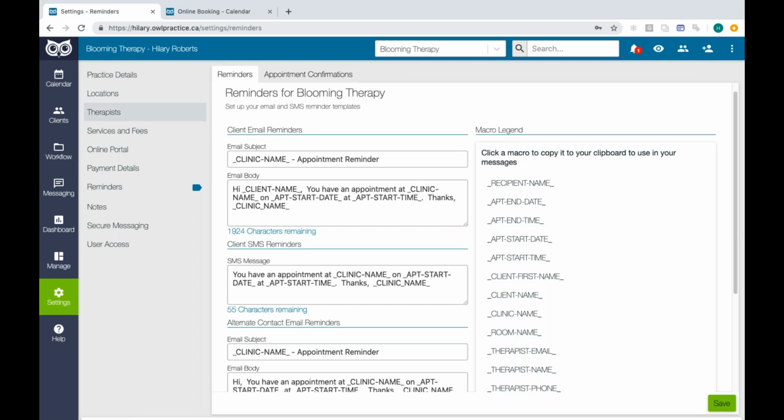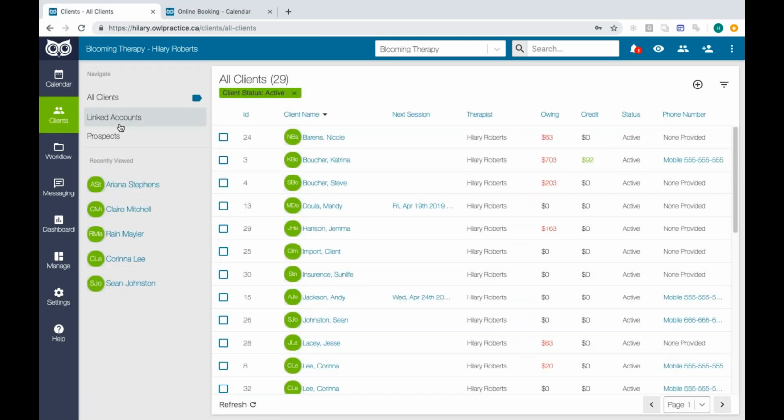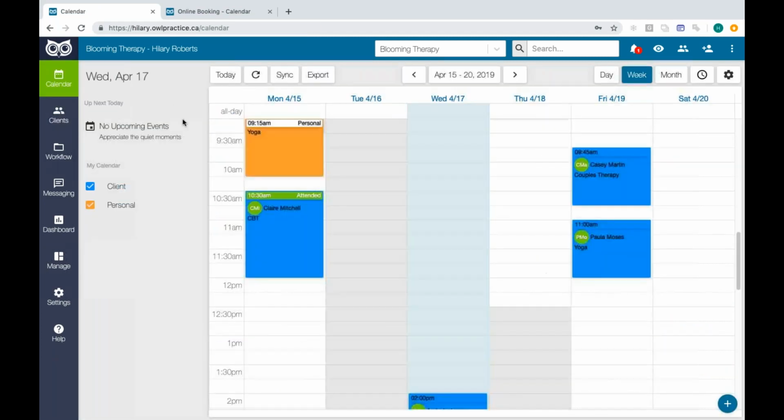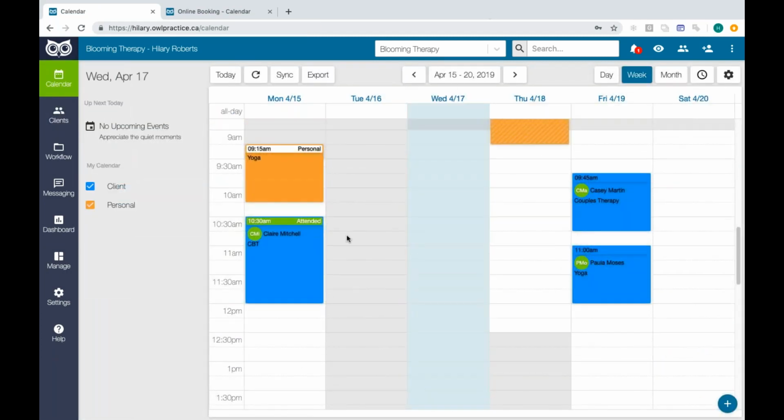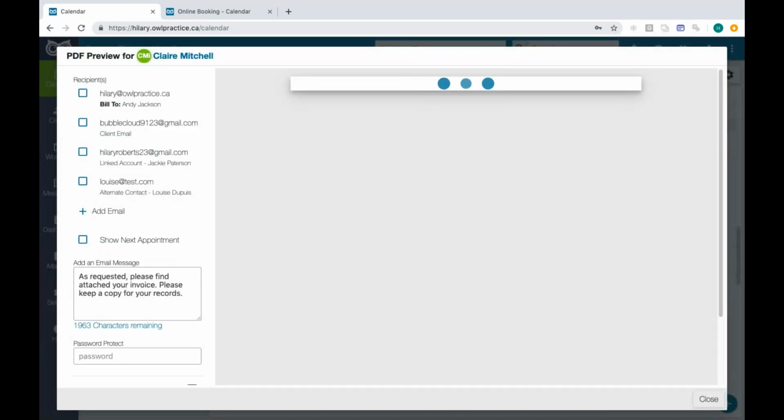So somebody else has asked a question about invoices and receipts and how these will look. For each client, the invoice and receipt will show for the place where they had the session. So just to head to the calendar to show you how this looks. Claire Mitchell had this session at Blooming Therapy. So when we open it to go ahead and look at the invoice,